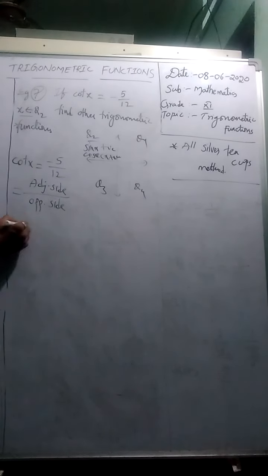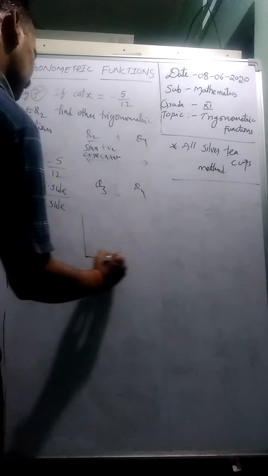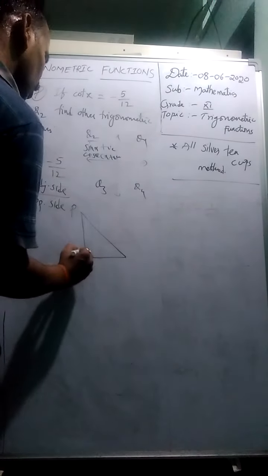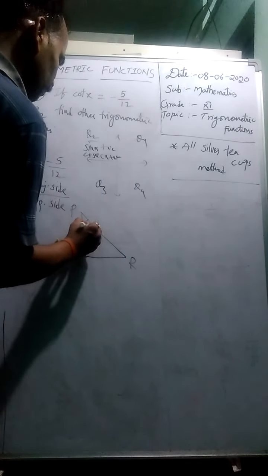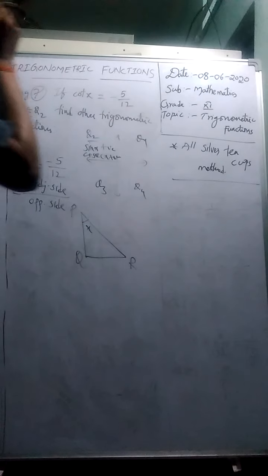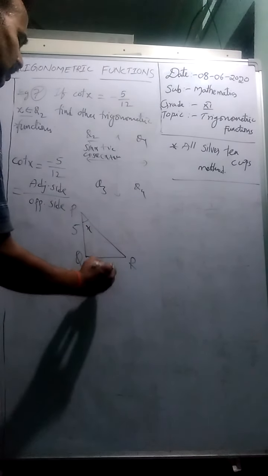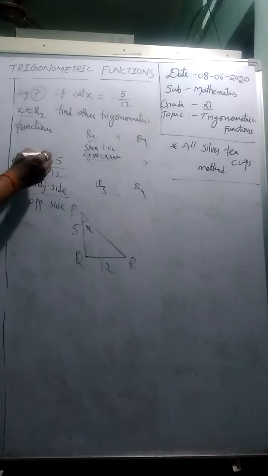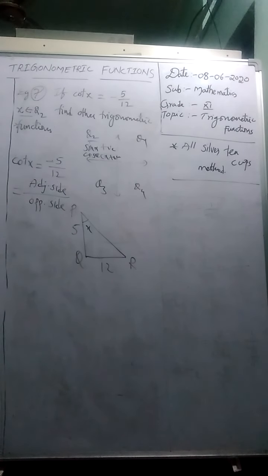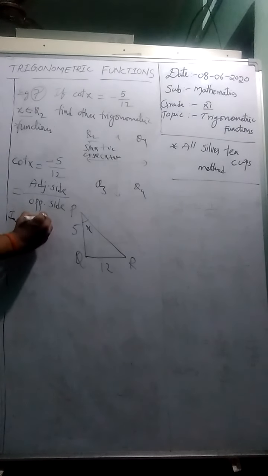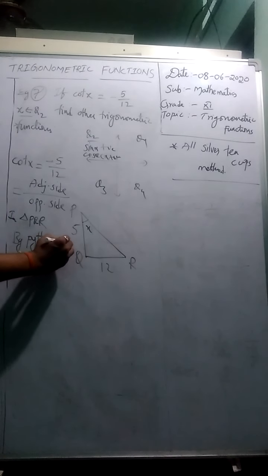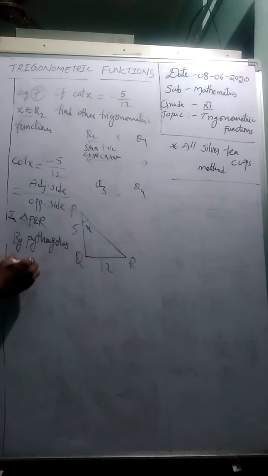So as per the definition, here draw one right triangle. You can name it PQR or ABC, that is up to you. Here I am taking x. When we change the value, automatically adjacent side and opposite side will change, students. Negative sign, again I am saying, length is never negative; only because it belongs to Q2, that is why cot is negative. Now again by Pythagoras in triangle PQR, first we apply the Pythagoras theorem to find the unknown value of the given right triangle. Why are we taking a right triangle? Very first day we discussed.